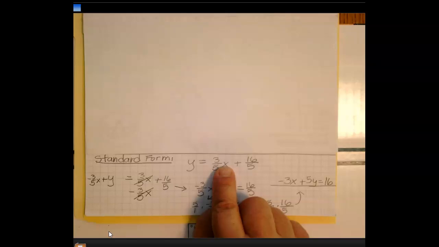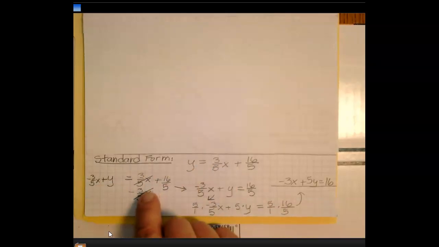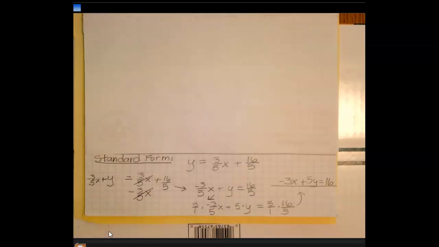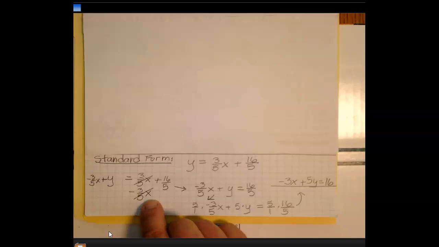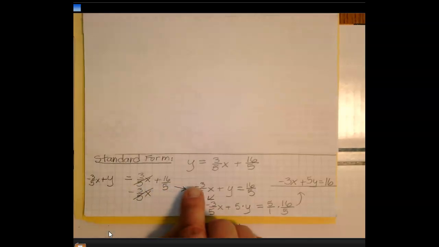The first thing you have to do is move your x term to the other side of the equation, because in standard form, the x and the y are on the same side. Okay, so you can see that I did that here. I subtracted 3/5 x, and it showed up over here. Okay? The second thing you have to do,